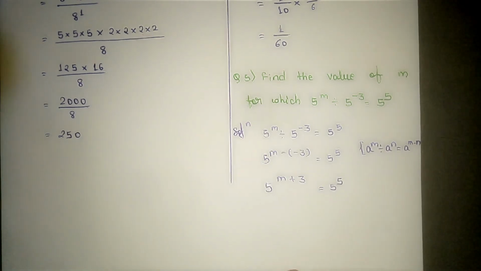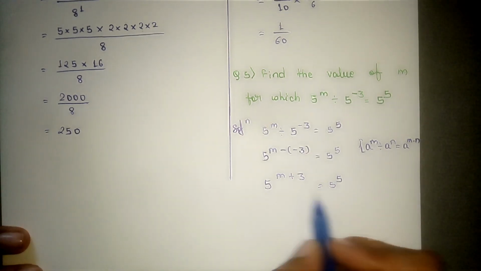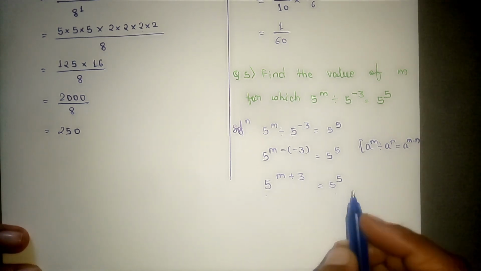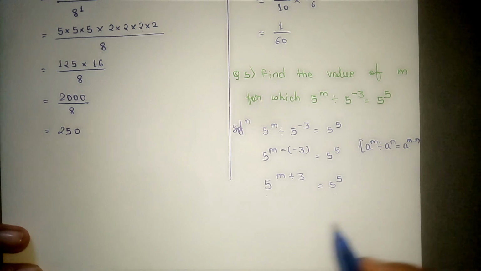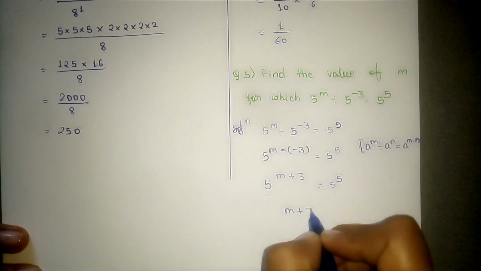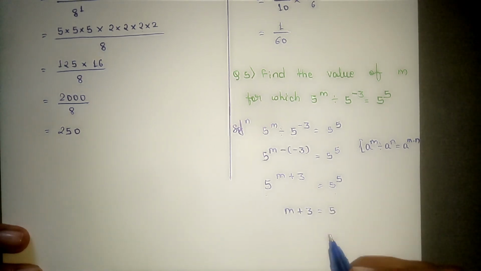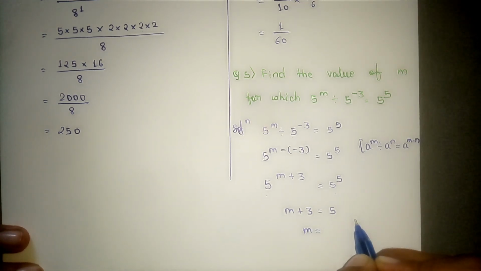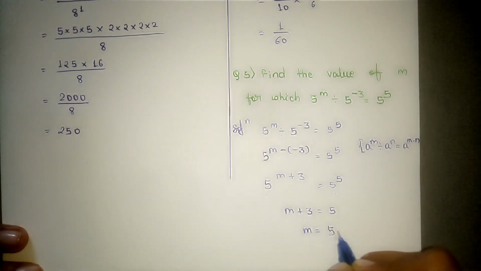Now you observe that on both sides we got equal bases, and if the bases are equal, then we can equate the exponents also: m plus 3 equals 5. Now we want the value of m, so we write m as it is, and transfer 3 to the right hand side, and plus 3 becomes minus 3, that is 5 minus 3. Therefore m is equal to 5 minus 3, which is 2. So here we got the value of m is